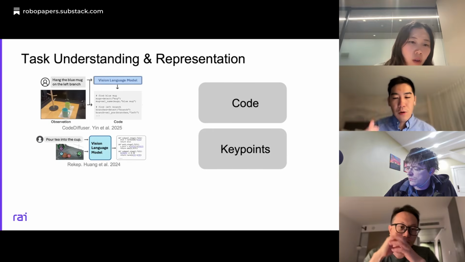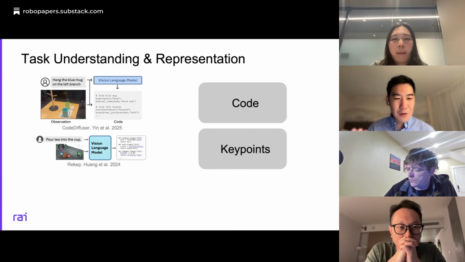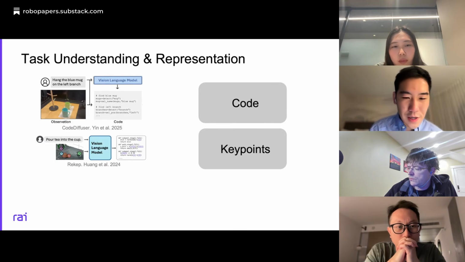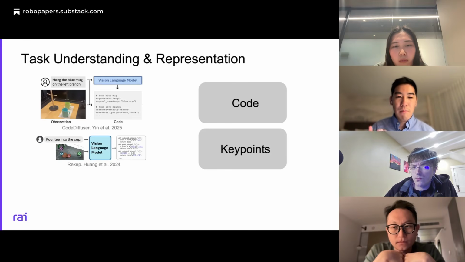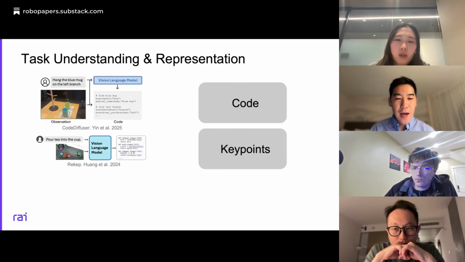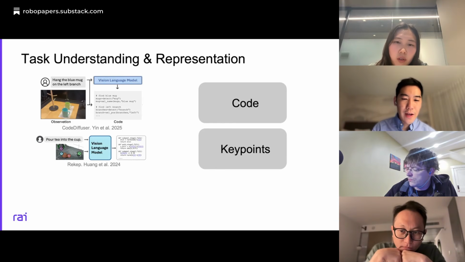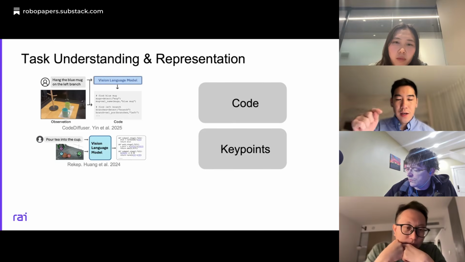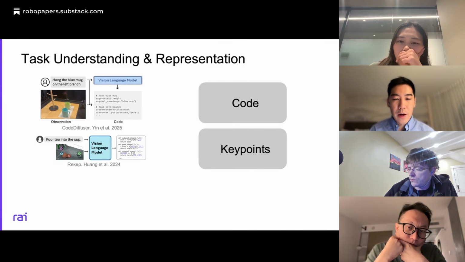And there are also keypoints. For example, ReKep, and there are also a lot of works in this direction, which use 2D keypoints, and the 2D keypoints are used in a Python program to represent the task. For example, if we want to hang the mug on the rack, it will be written as a series of Python programs that describe 2D keypoint motion.